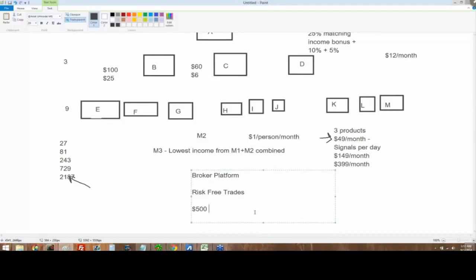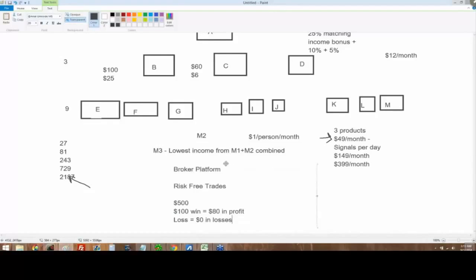Okay, so you will be able to take a trade. Let's say for $100, you take a trade. If you win, you are going to get $70 to $75 to up to $80 in profit. Okay, win equals $80 in profit. Loss equals $0 in losses. I don't understand how anybody could not see that is amazing, because once you start doing that, now remember,